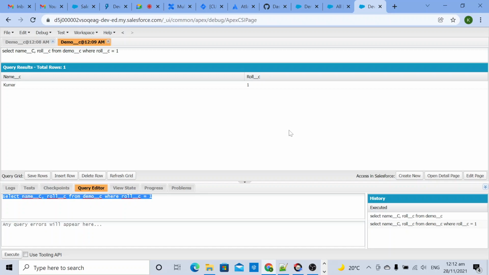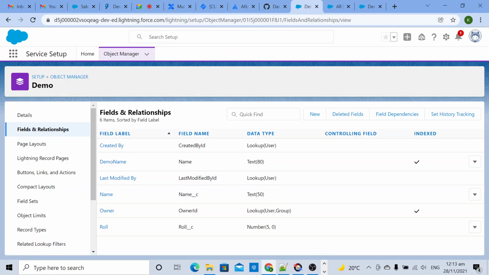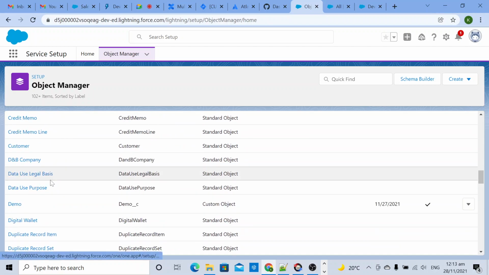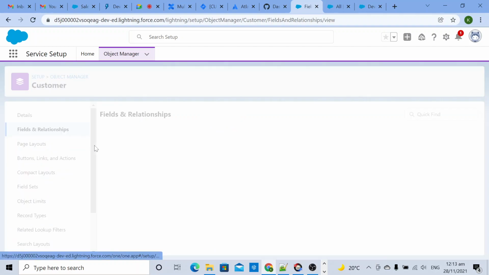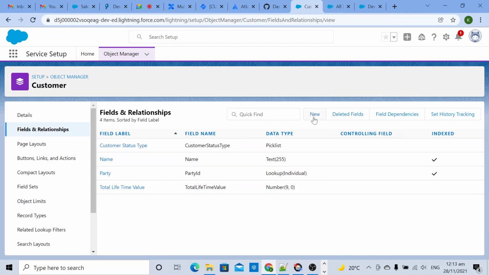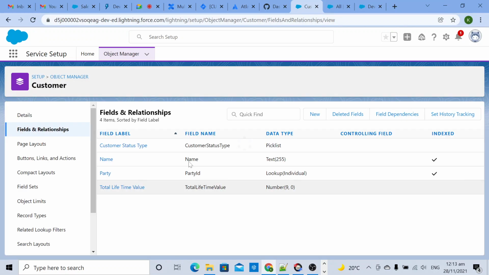Hi Ravi, can we use the existing object? Can we customize the existing objects for our use? Yeah, you can use your existing object. If it fulfills your requirement, then definitely you can use it. I'm not sure about the customer object. Yeah, they have a customer object. Let me see what all fields they have. Yeah, we can use the existing one also if required. Actually we are going to create a customer account, and for customer they have one object already, so we can utilize this one.